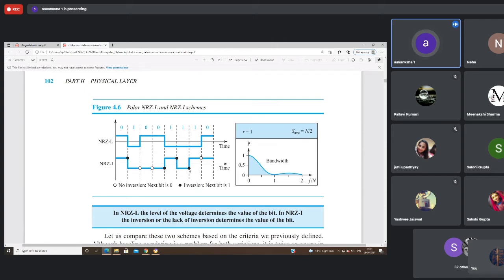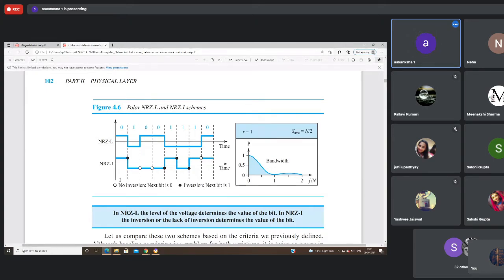Again after this, there is a 1, so you change from negative to positive, do a transition at the positive level, and transmit the positive voltage. But after this one, you don't have to do a transition from positive to negative. It should be constantly positive because the next bit is 0. I hope this is clear to all of you.